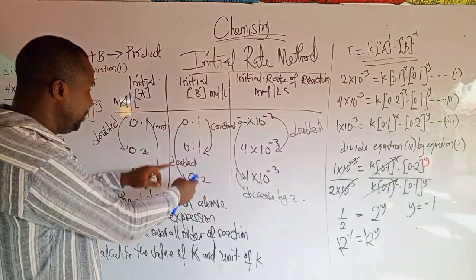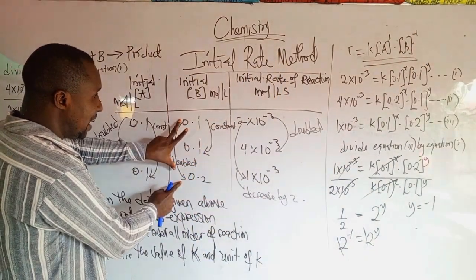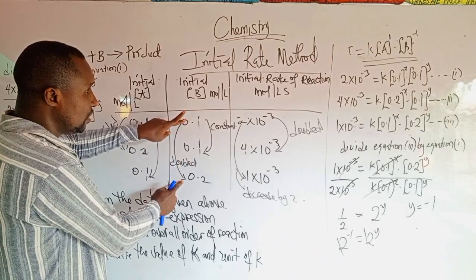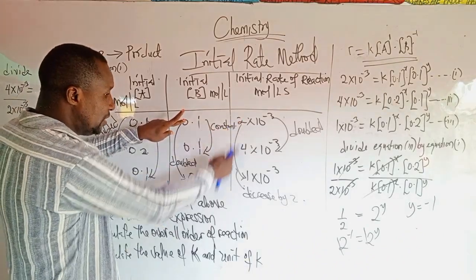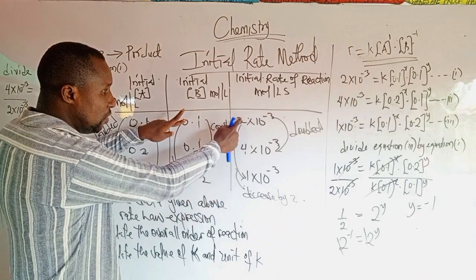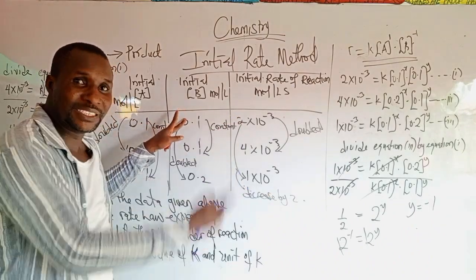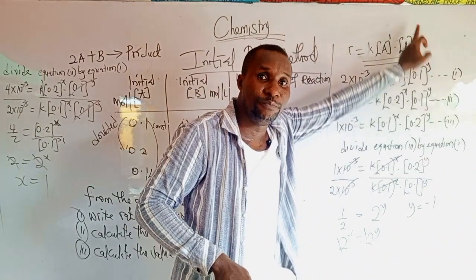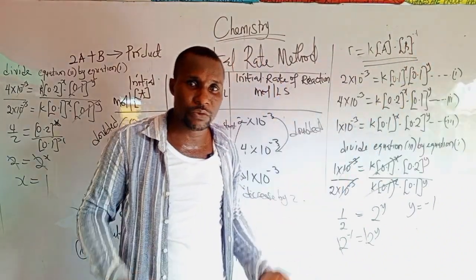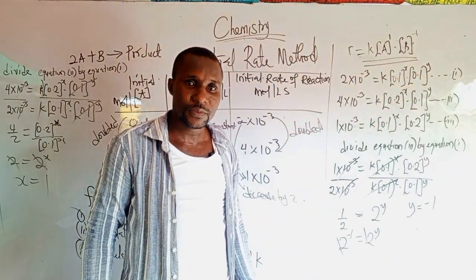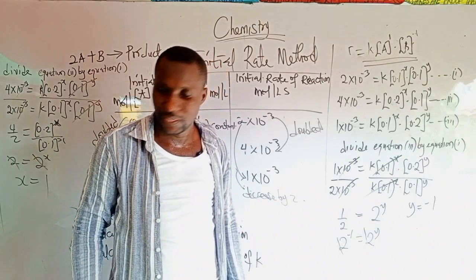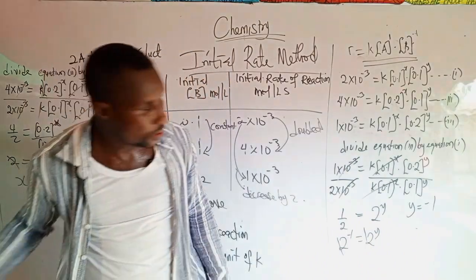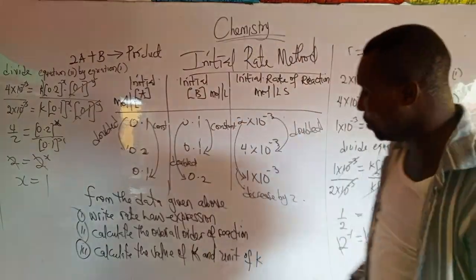That means B is doubled, and when the concentration of B is doubled, the rate of reaction decreases by 2. That means inverse of first order. So the order of reaction of B will be minus 1. You don't need to calculate. Please, let's move. That's a shortcut. Let's move. Then the next question, it says,